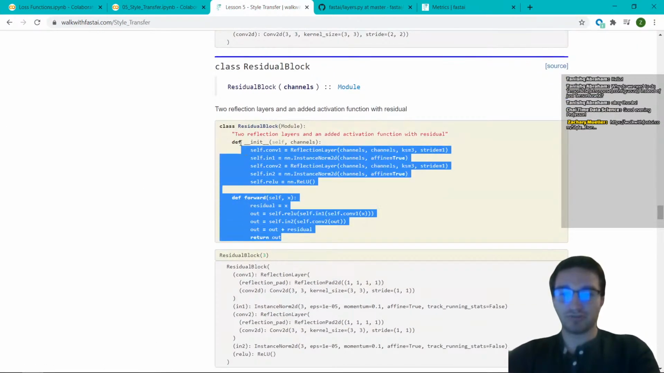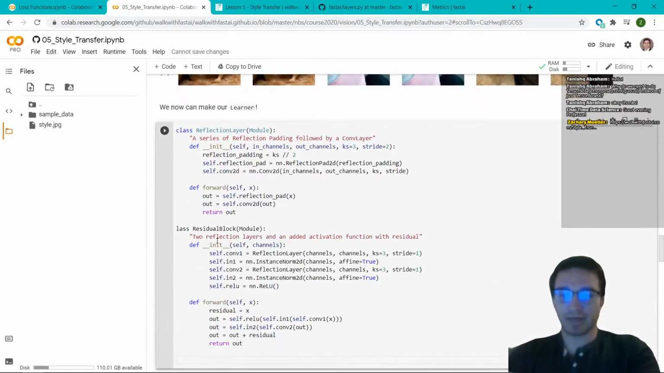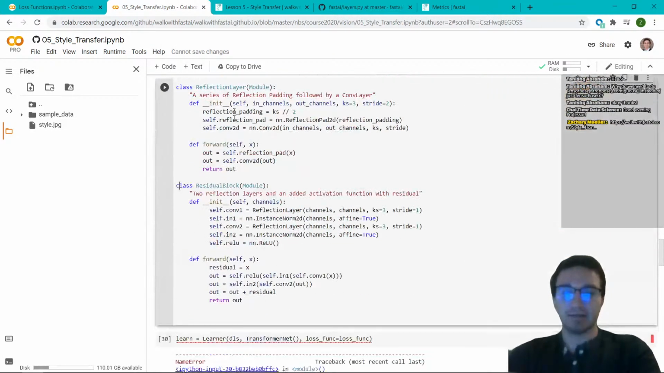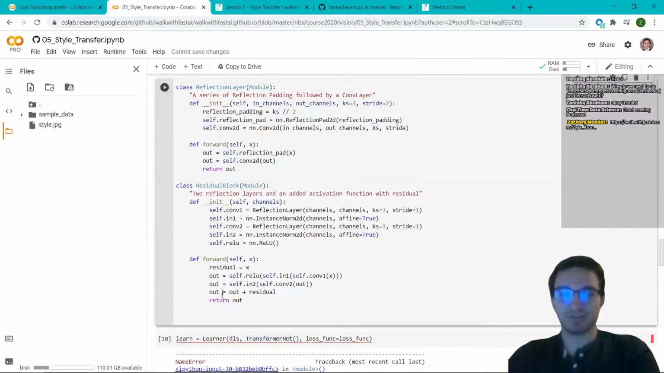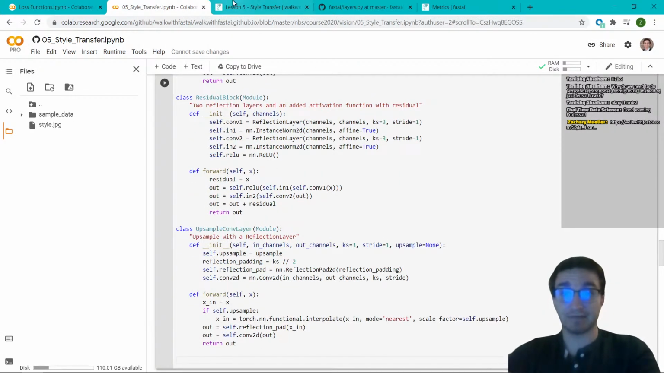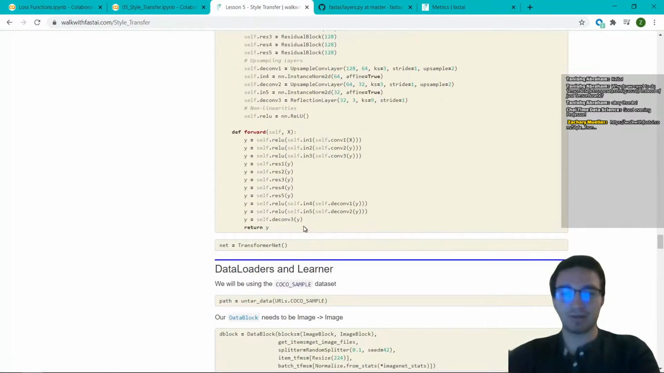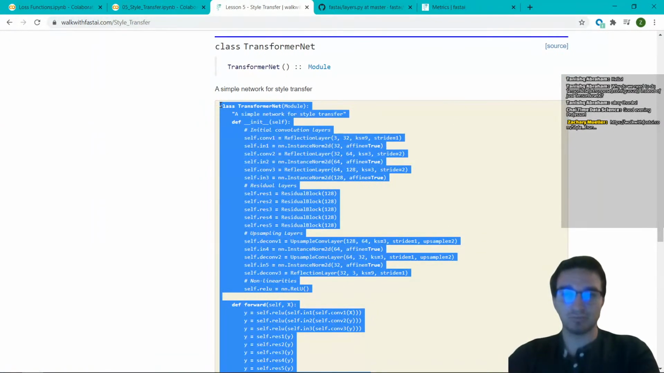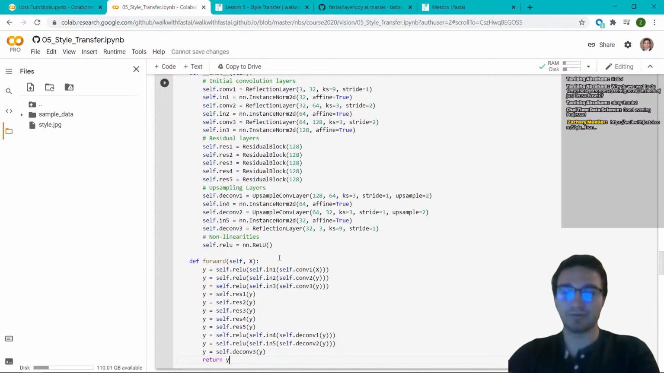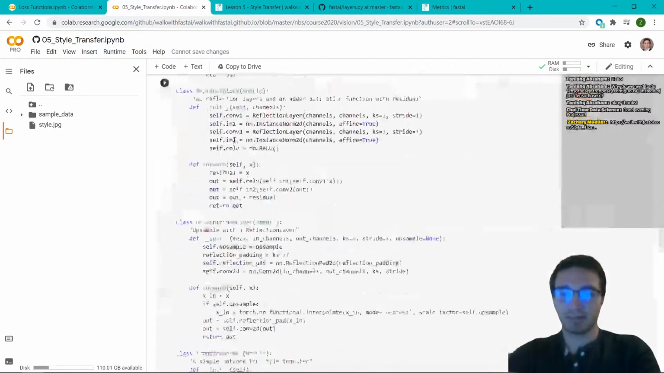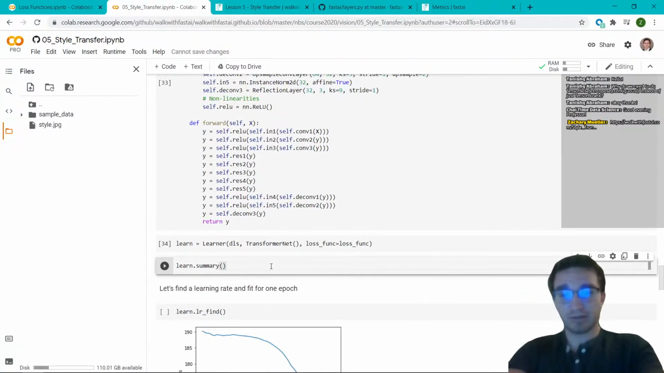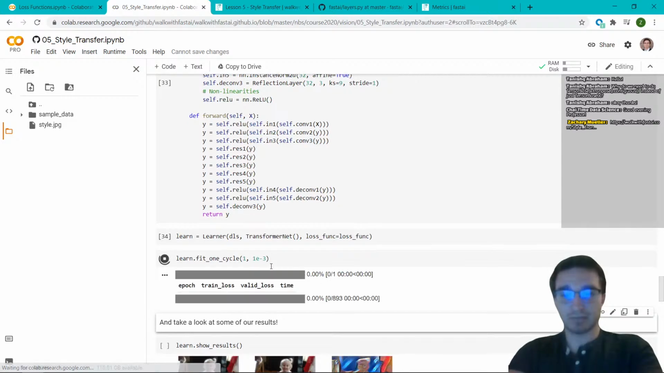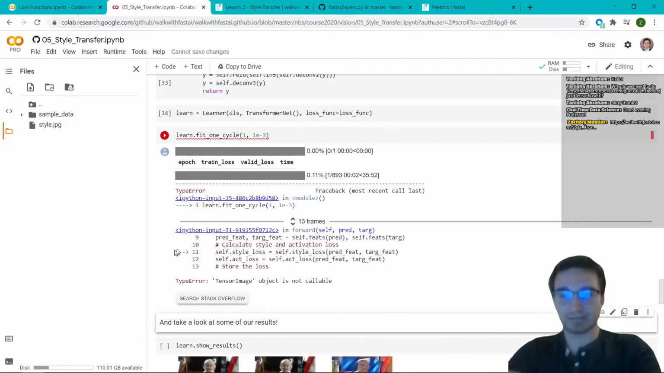So all of this is just the very basic style transfer model that Jeremy taught a few years back. It was the old part 2, where he discussed the initial idea of style transfer without using a GAN, and instead using what's called feature loss, which is what this example uses and what I used in the course. Now, the model itself is this transformer net. And if we go ahead and fit for one epoch,